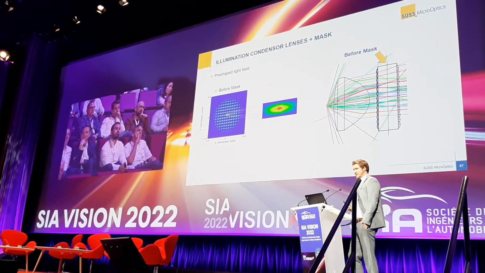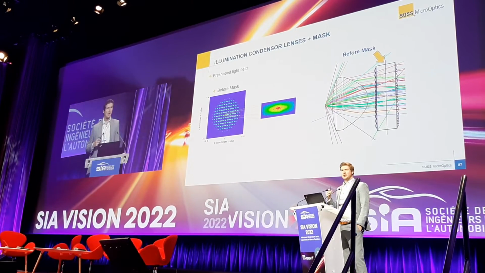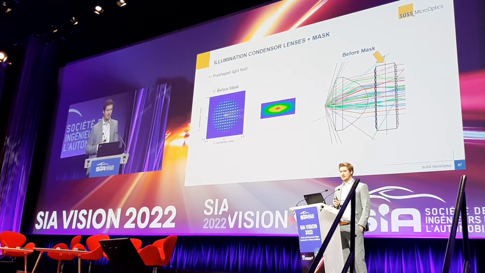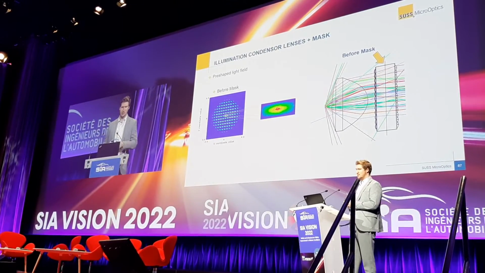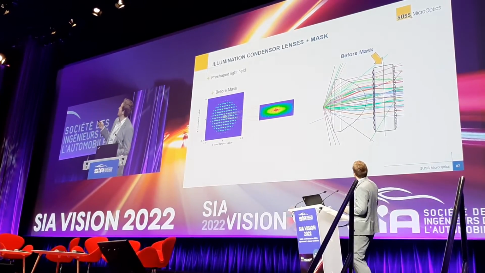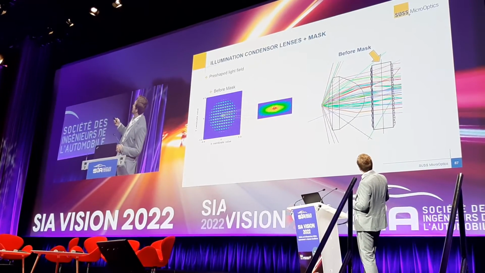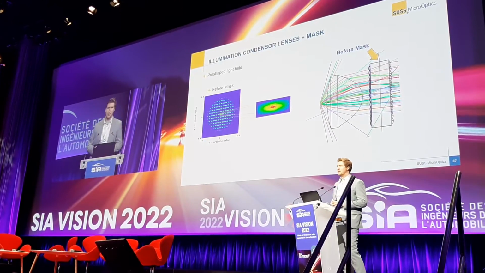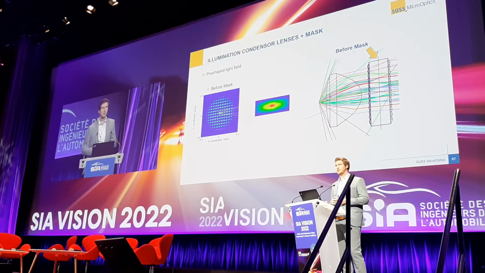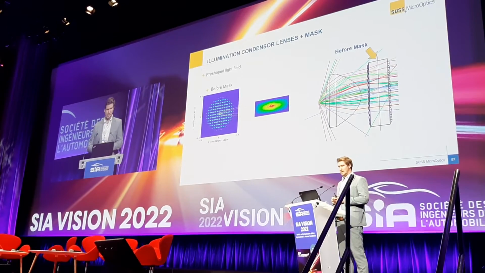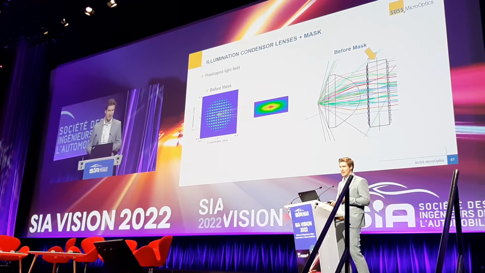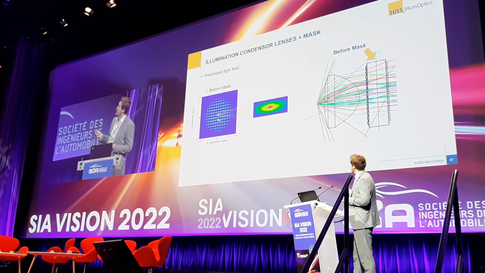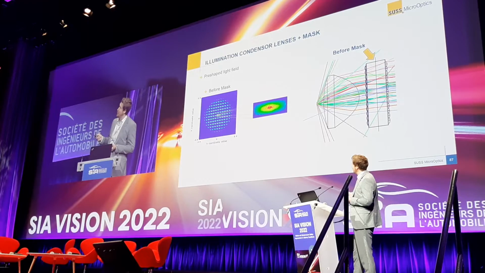So now what we see is that when using this stacked substrate, the LED is getting collimated by the collimation optics, and then you can see the rays are focused here in the area between the two wafers, and this is what I call a pre-shaped light field. So the intensity is already